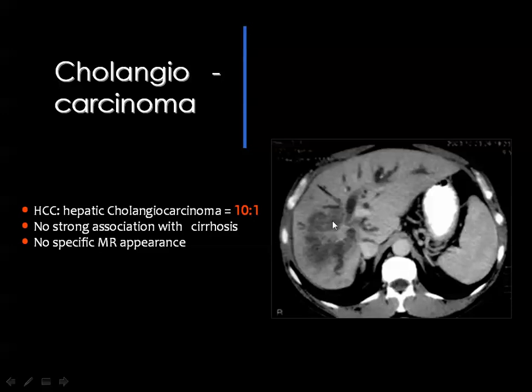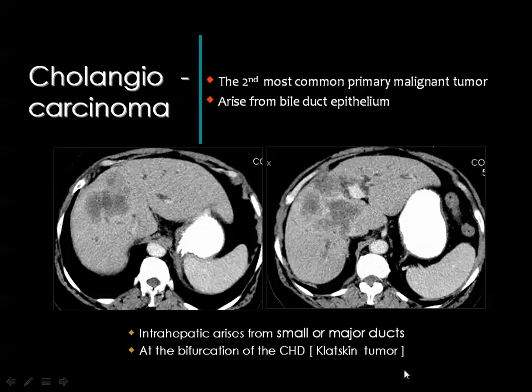Then the ducts draining into the obstructed duct will be dilated, as you can see. One of the reliable diagnostic criteria of cholangiocarcinoma is that you can see an infiltrating lesion in the liver surrounded by dilated biliary radicals. Of course, you know that hepatocellular carcinoma is able to invade the bile ducts and obstruct